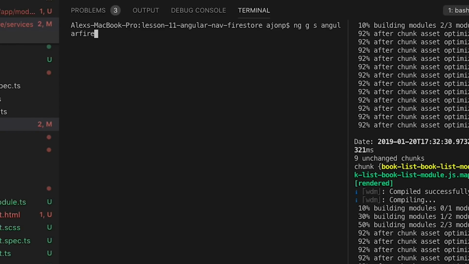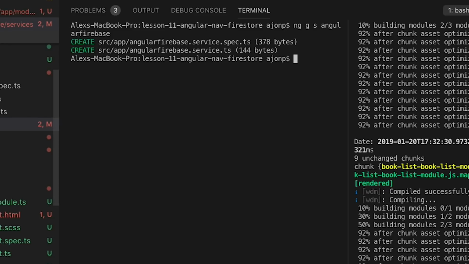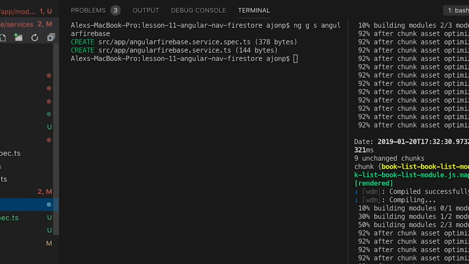Now at this time, we're going to start updating our Firestore service with a new service called AngularFire. And this is a service provided by Jeff Delaney out on angularfirebase.com. It's kind of a wrapper service that uses the base Firestore service, but adds a lot more functionality to it. If you don't want to take the time to write this all by hand, I don't blame you. You can either pull down lesson 11 with this service already in it, or go check out